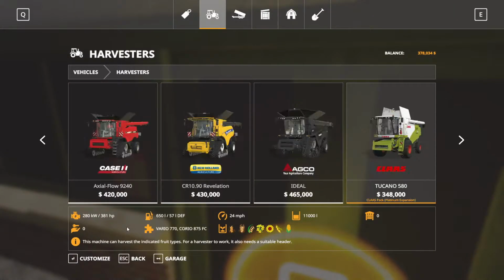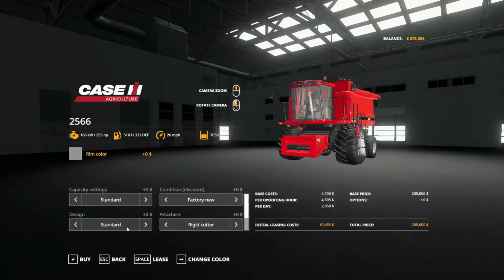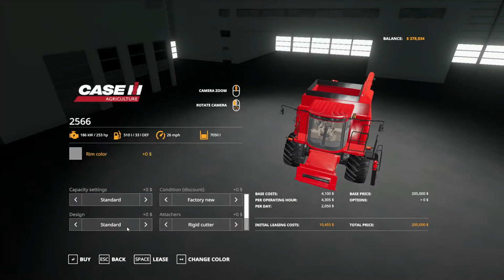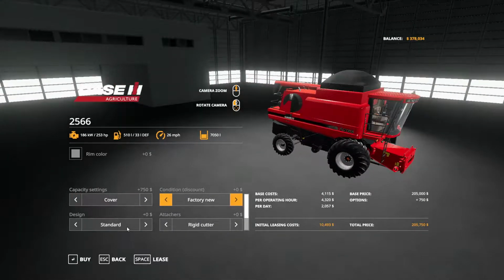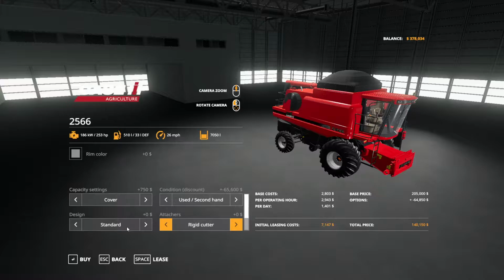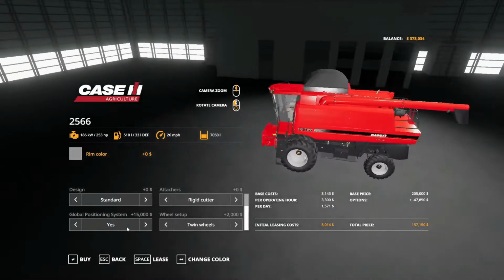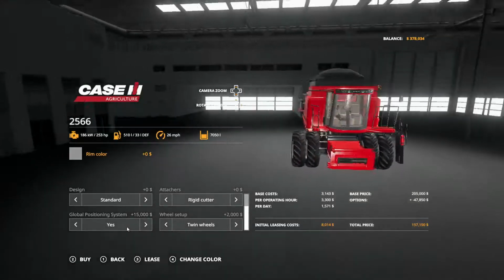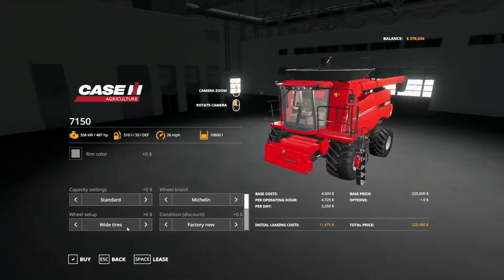So guys, I got two options in mind. I was thinking we could go with this one. I was thinking about this one. This was maybe just a little small for what we want though. It can only hold 7,000 liters. Of course it'd be used. No tint, rigid cutter, GPS still, twin wheels. Only 157, but like I said, only holds 7,000 liters. And we can't really grow into that. If we weren't planning on expanding, you know, this year grain prices are super high. I'm thinking we should go a little bit bigger and go with a